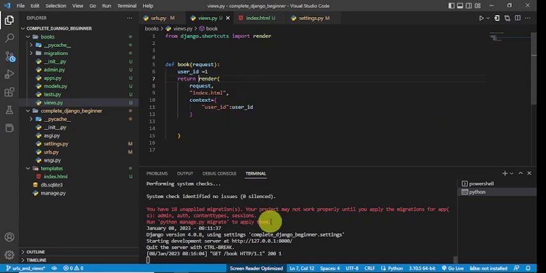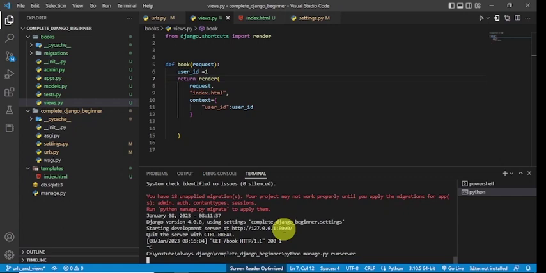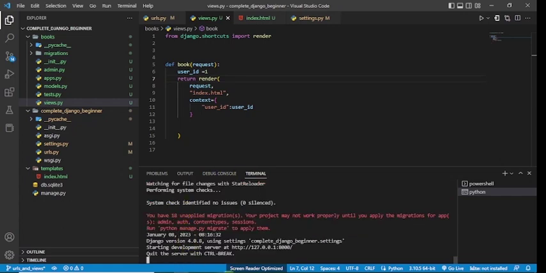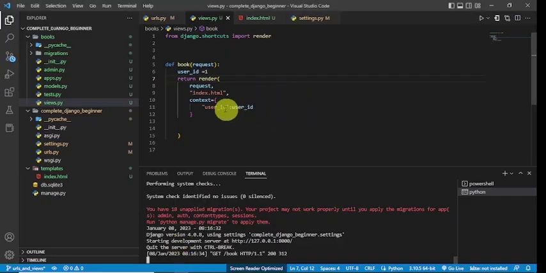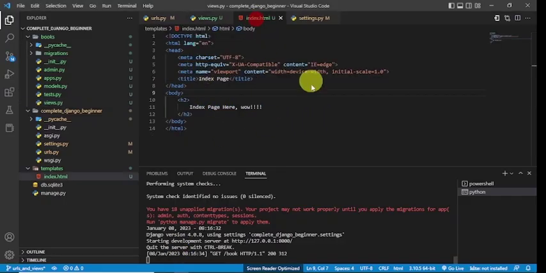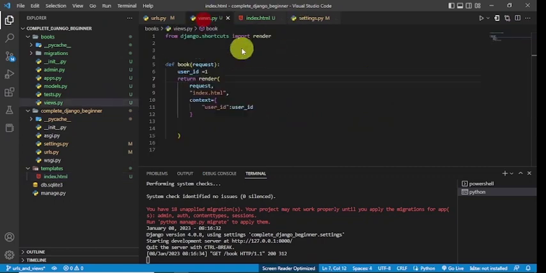If you return this, our server reloads. After reloading, let's reload our browser. We see the index page here. Hooray! But in our index page, we have not yet used this variable we passed in,